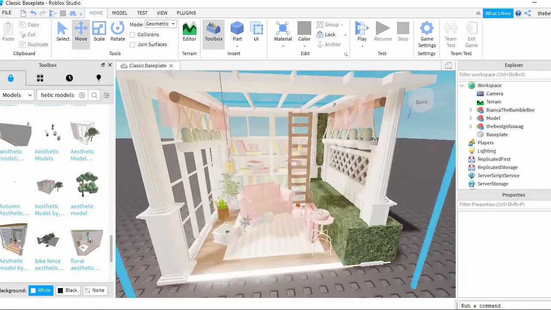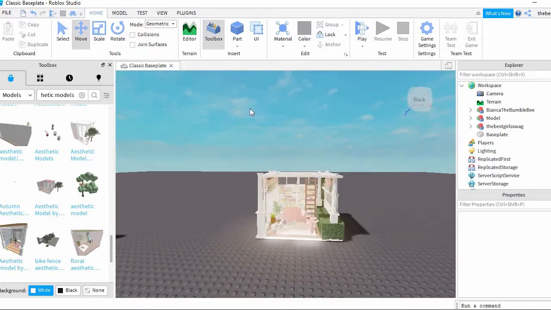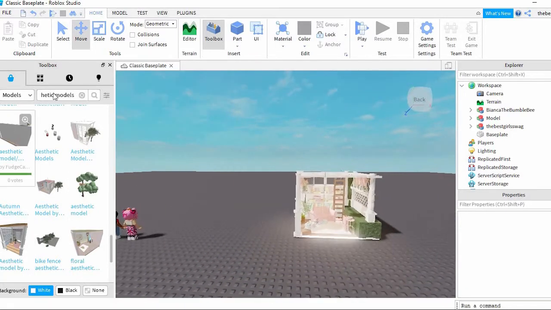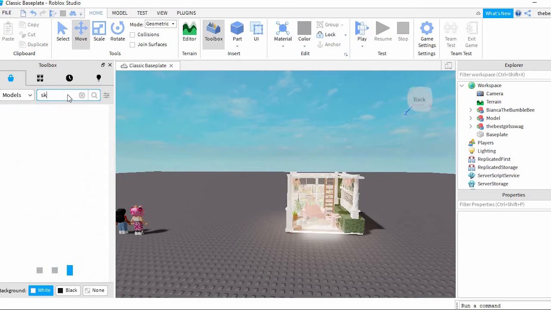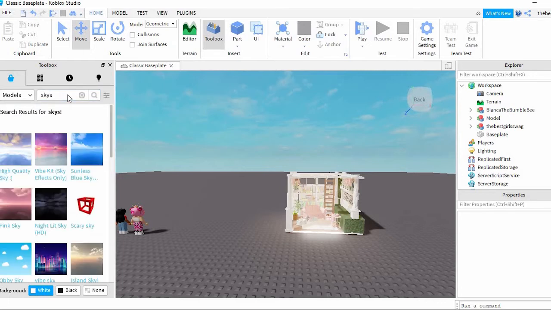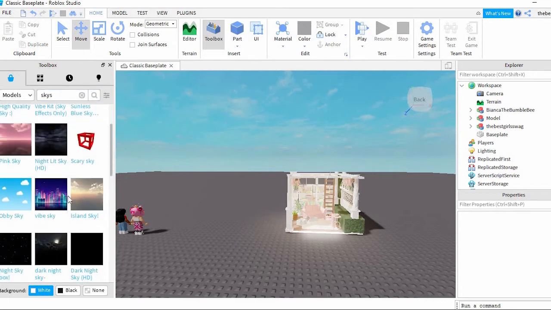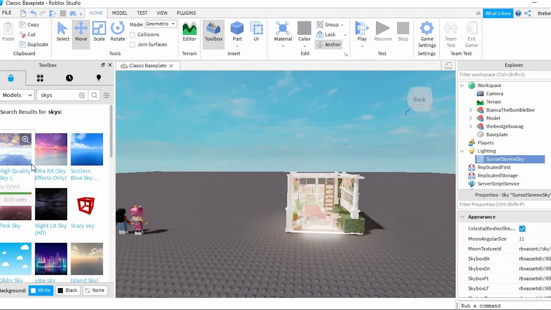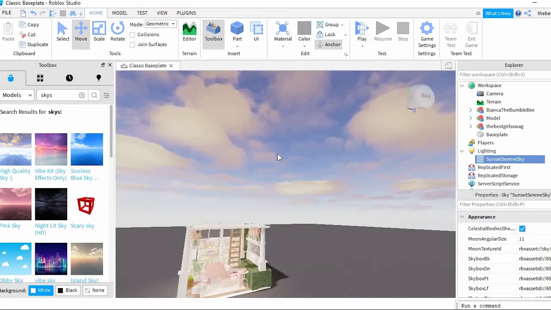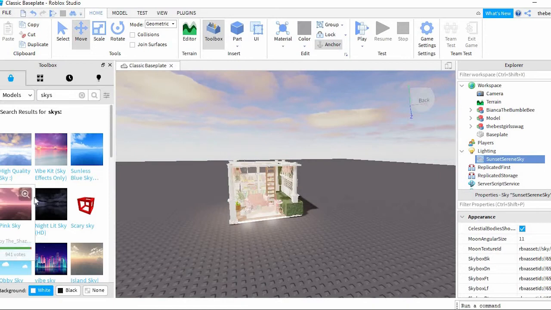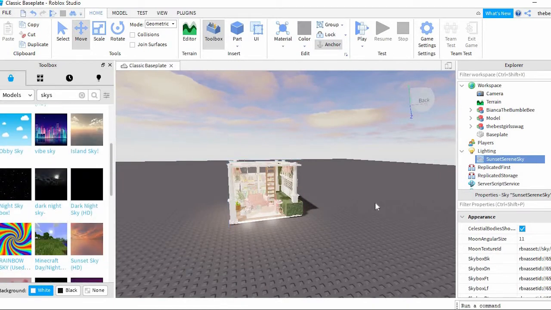Okay, so once I have put it down, what you want to do is find a pretty sky. You can just look up skies in your search bar on models, and then you can find a pretty sky. I like this sky a lot, so I think I'm just going to be using this sky, but I definitely recommend one that matches your model. I feel like that's pretty